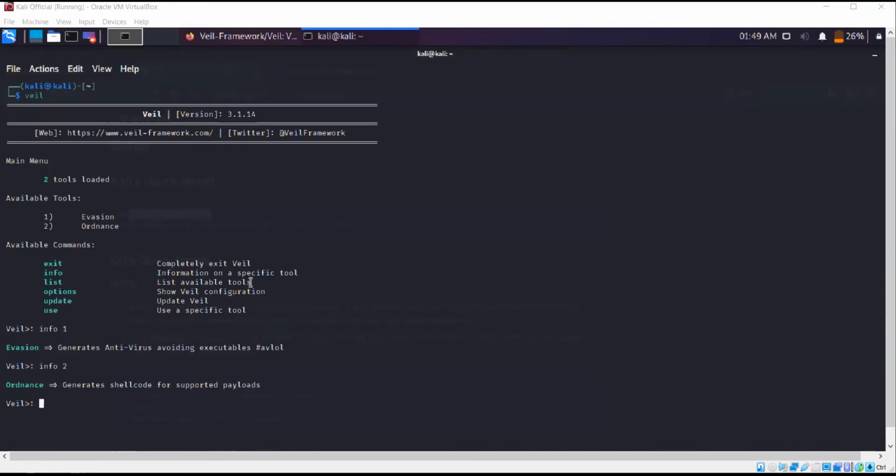For now, we focus on creating a payload that bypasses common antiviruses.